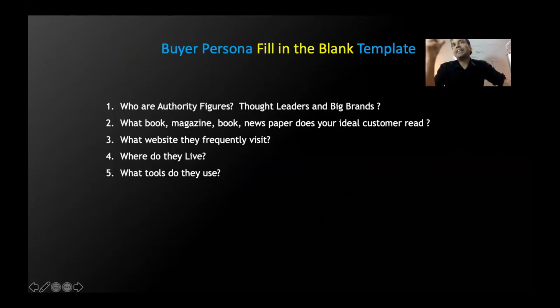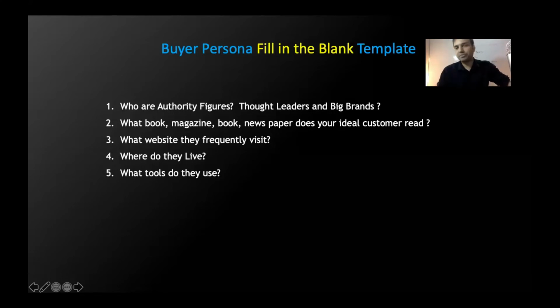So can you target Neil Patel's followers or people who have liked Neil Patel and all these things? Now, what book, magazine, newspaper does your ideal customer read? If I'm targeting entrepreneurs and they are reading Forbes magazine, then I can target those people on the basis of that magazine name.